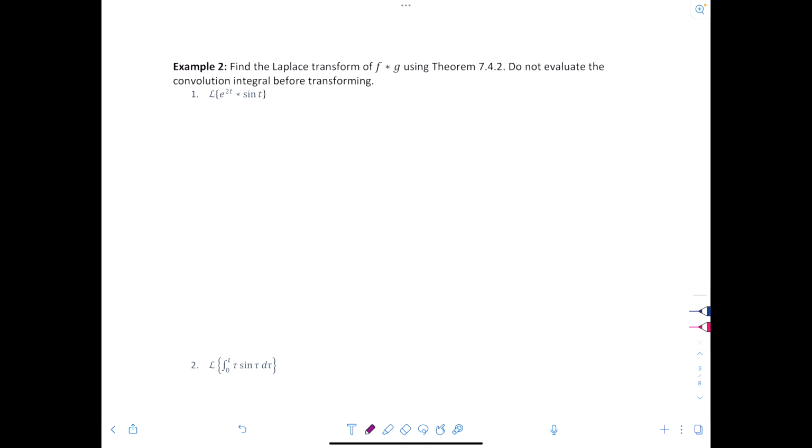We've got the convolution of e to the 2t and sine at t, and we want to find the Laplace transform. So remember that we're allowed to do what? Beautiful. Multiply. So this would be the Laplace transform of e to the 2t times the Laplace transform of sine at t,